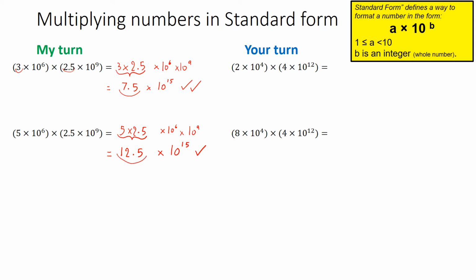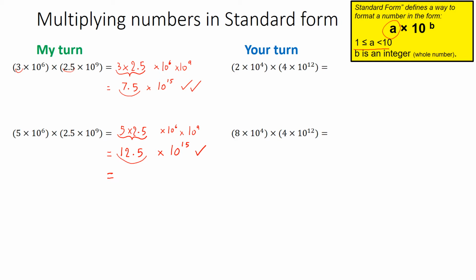that the first part of your number does not satisfy the convention for standard form, which is written in the corner, by the way, as a reminder, where the first part of your number has to be between 1 and 10. Here it's not between 1 and 10, it's 12.5. So you have a second step for this question, which is to change your 12.5 into a number that's between